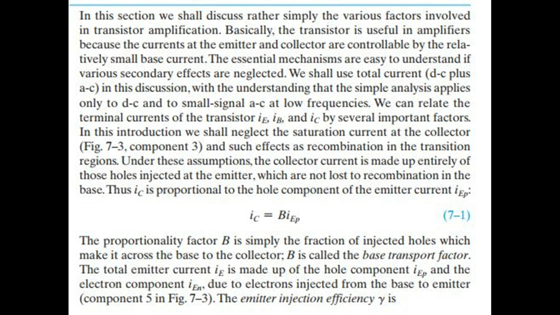Thus IC is proportional to the hole component of the emitter current IEP. The proportionality factor B is simply the fraction of injected holes which make it across the base to the collector. B is called the base transport factor. The total emitter current IE is made up of the hole component IEP and the electron component IEN, due to electrons injected from the base to emitter, component 5 in Fig 7.3. The emitter injection efficiency G is: